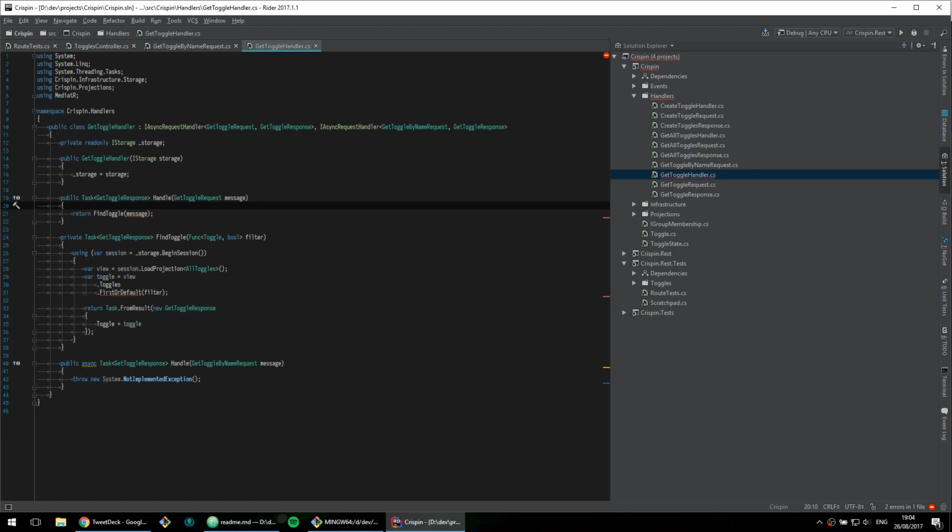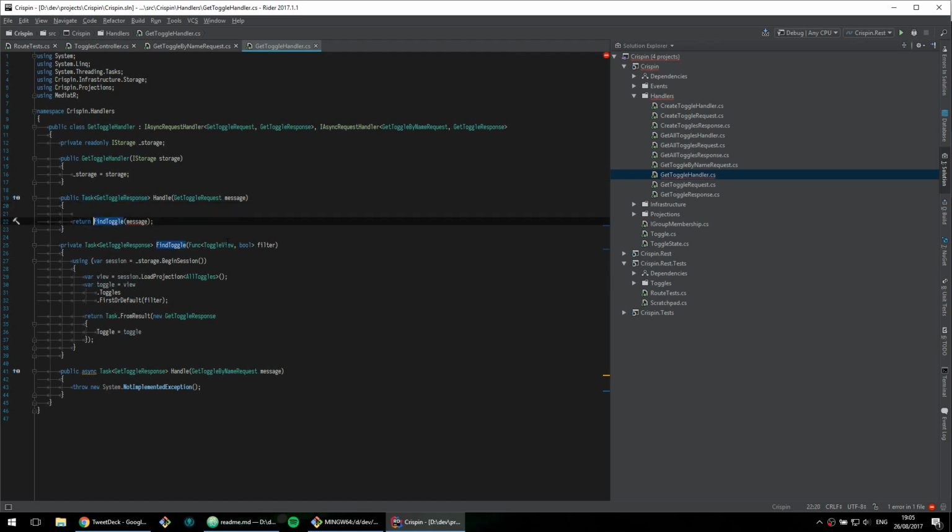What's its problem? The type method cannot be func T source T boolean toggle view. There we go. So here we shall pass in that,